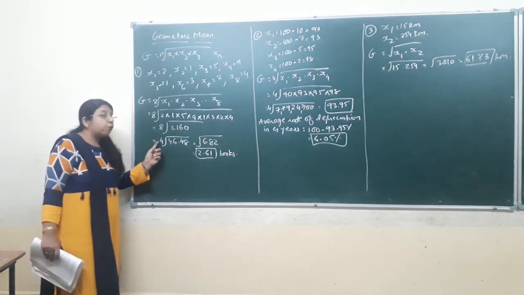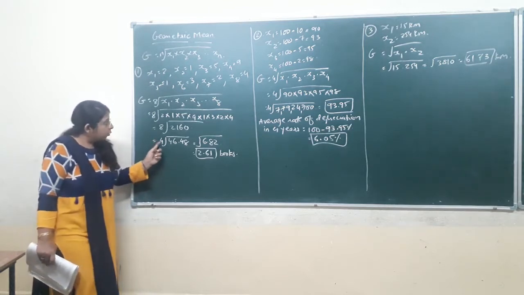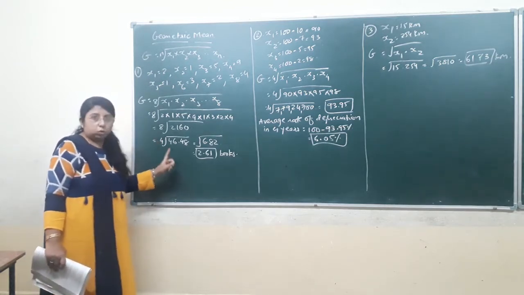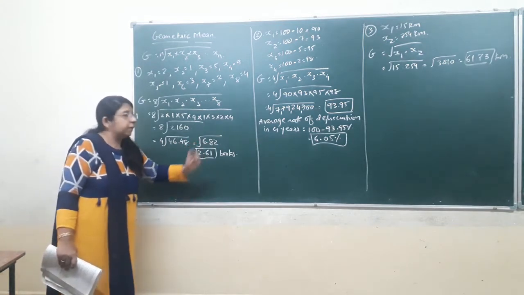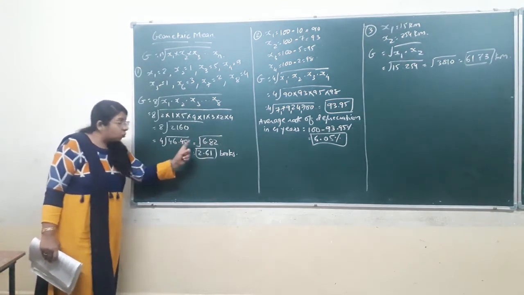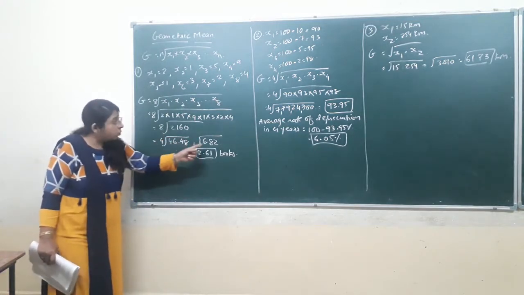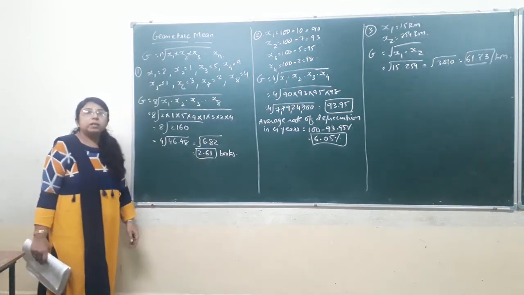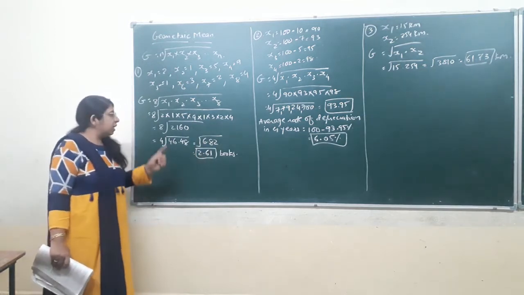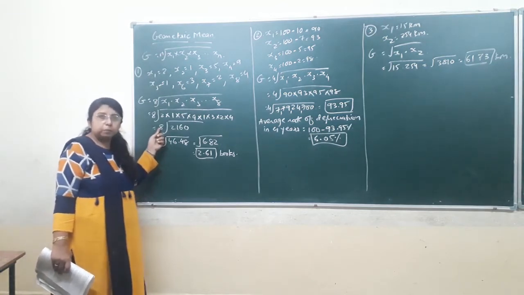Now this is the fourth root. So now we have to find again the square root of 46.48. You will get 6.82. Now this is the square root. Again we have to find the square root of 6.82. You will get 2.61. So in this way, whenever the 8th root of a particular number is given,